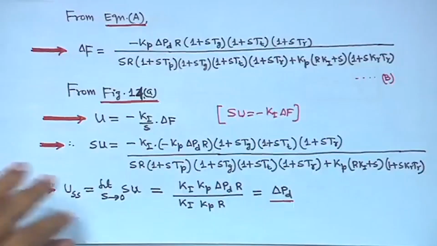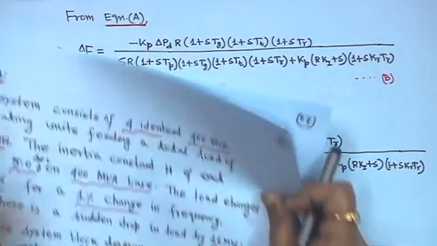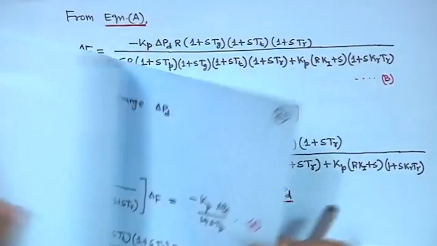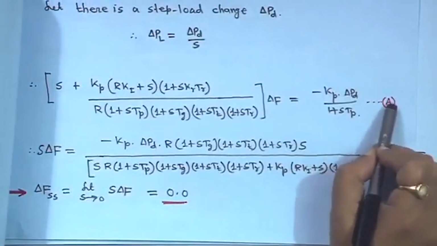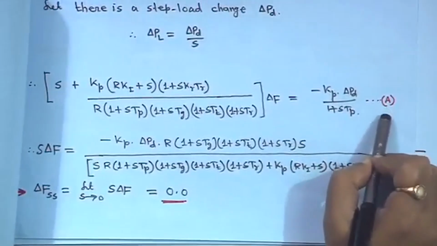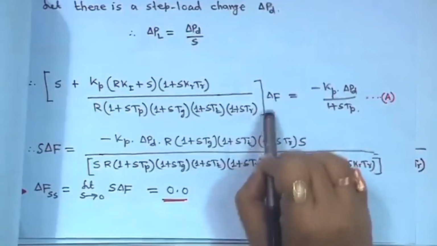So, now from equation A, I have given some number, equation A, B, right. From equation A, I mean this equation, this is actually equation A. I have given this number as A instead of any other thing. So, from this equation only